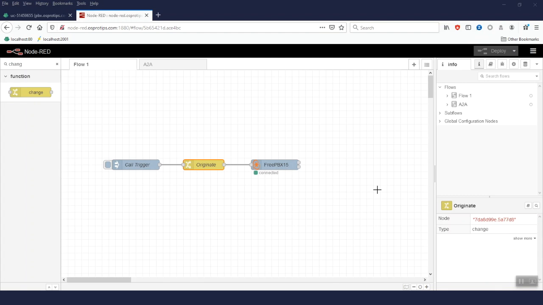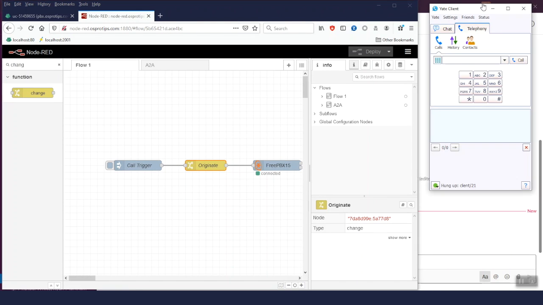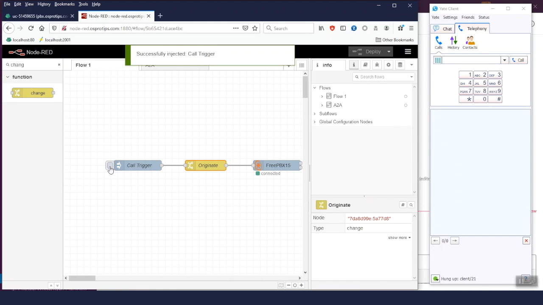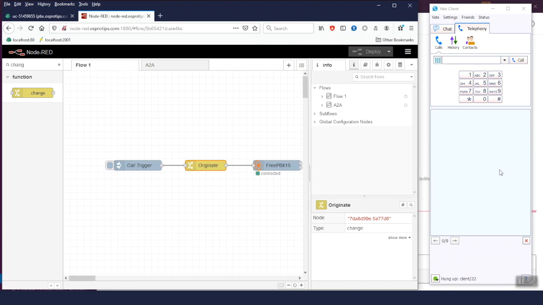Okay, let's test our originate by initiating a call to extension 6002. We actually have extension 6002 here on this system. It's a little SIP client, and it allows us to press this call trigger and see the SIP client ring. If I let it just ring and don't answer, we'll see that it immediately times out as I instructed in